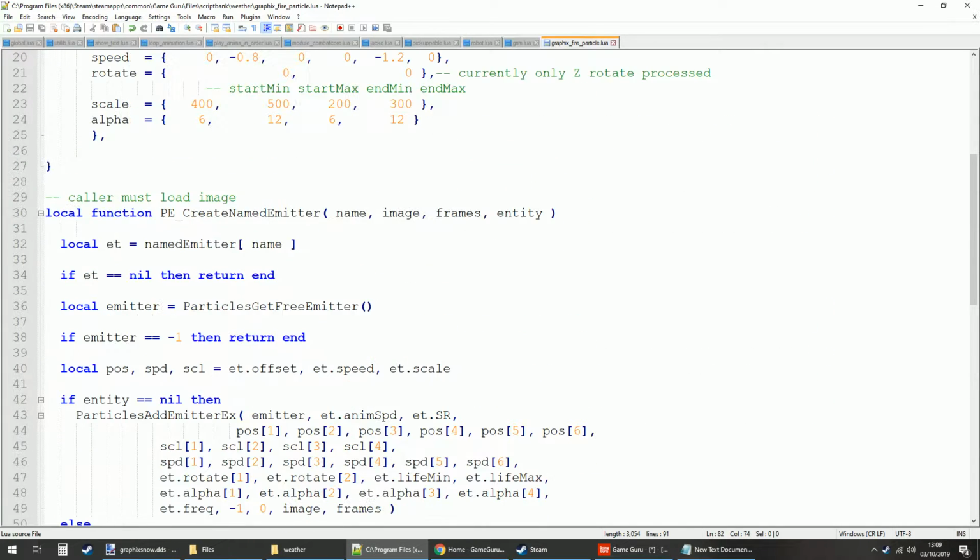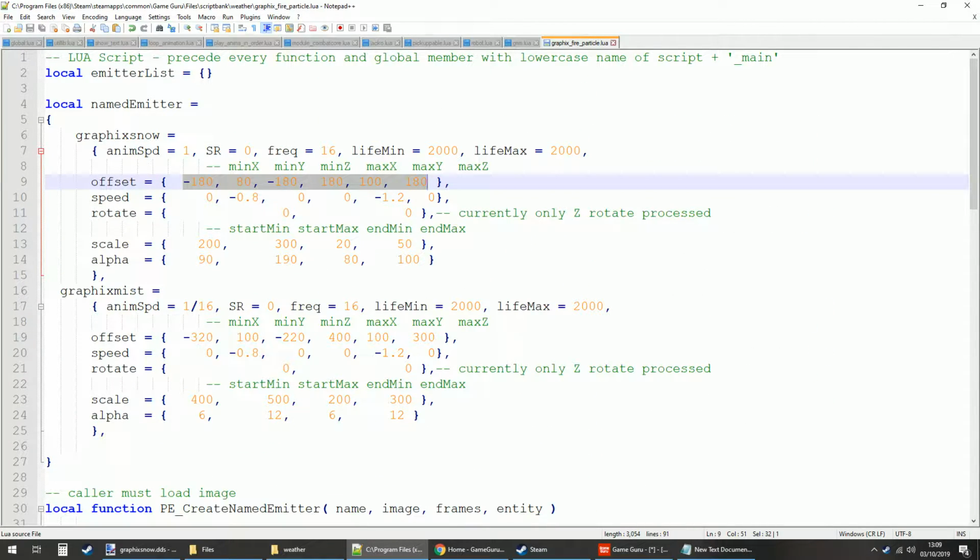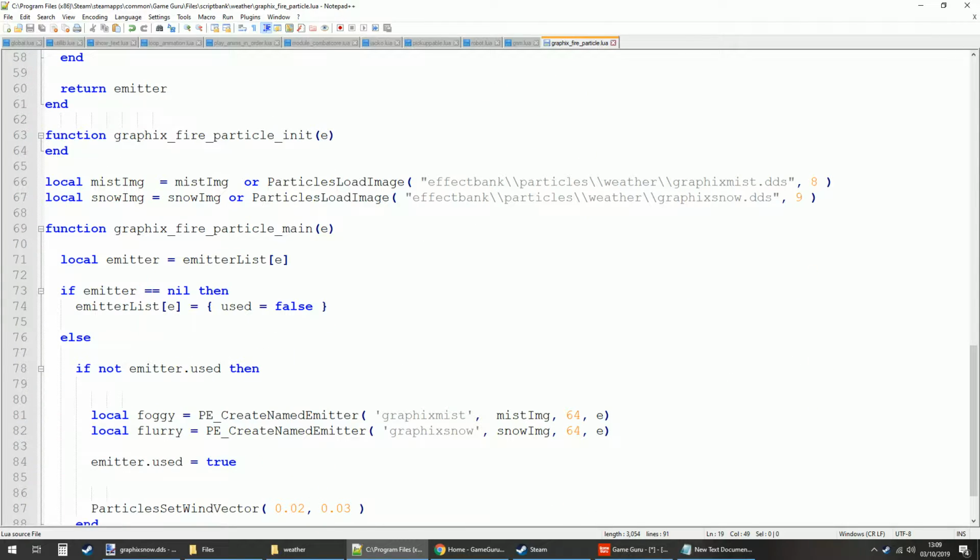now. And this is sort of showing you the shape as well, the cube that we've got to deal with, and we can change that up here with these offsets. And that's basically the area around which the particles can spawn. So from minus 180 to 180 basically means anywhere within that range the particle can be born, and then 80 to 100 is like a 20 gap range for the height, and then you've got the same down here for the mist. So this is the snow and this is the mist, but we also need to change the image itself. So we're going to change from